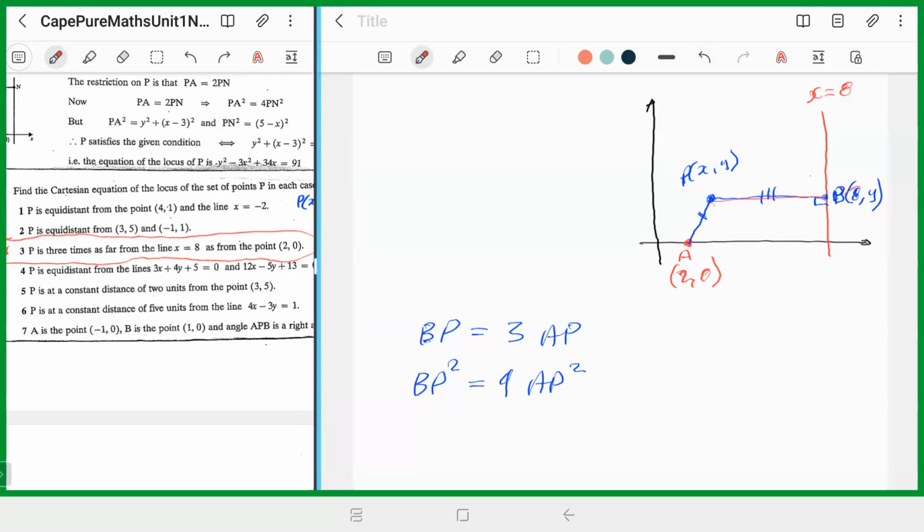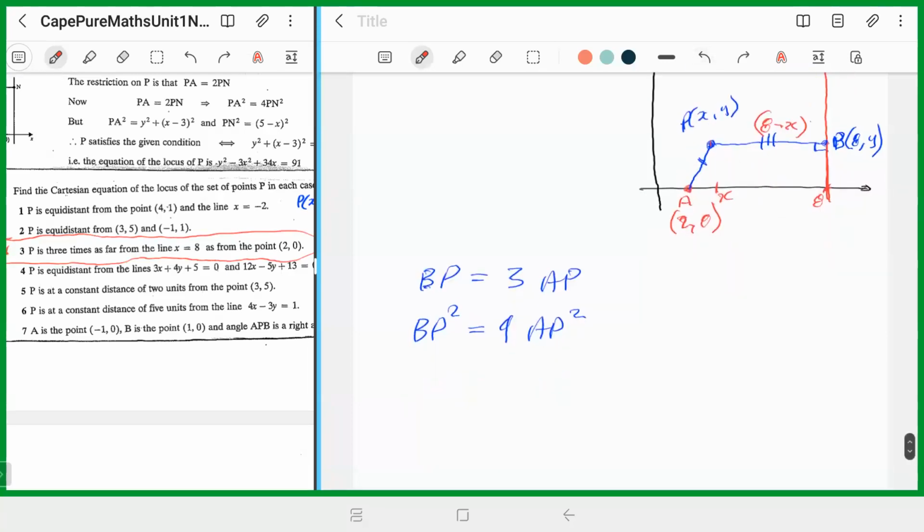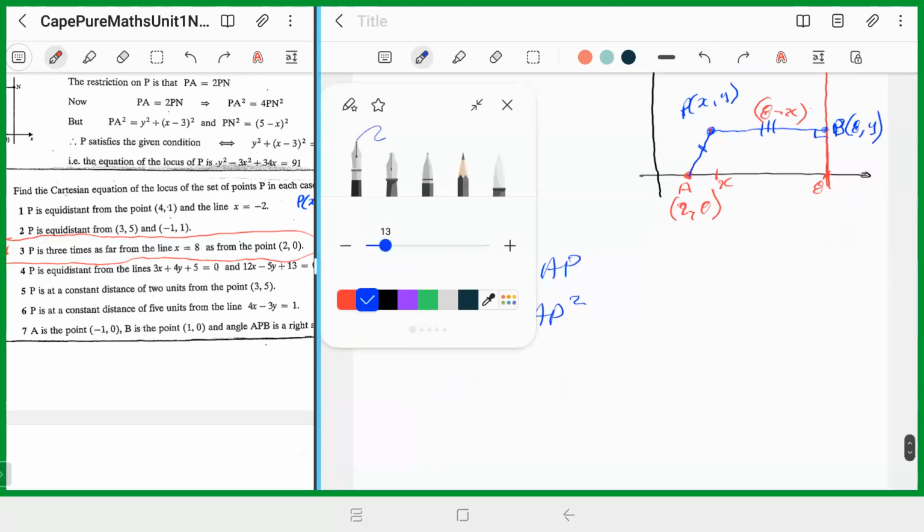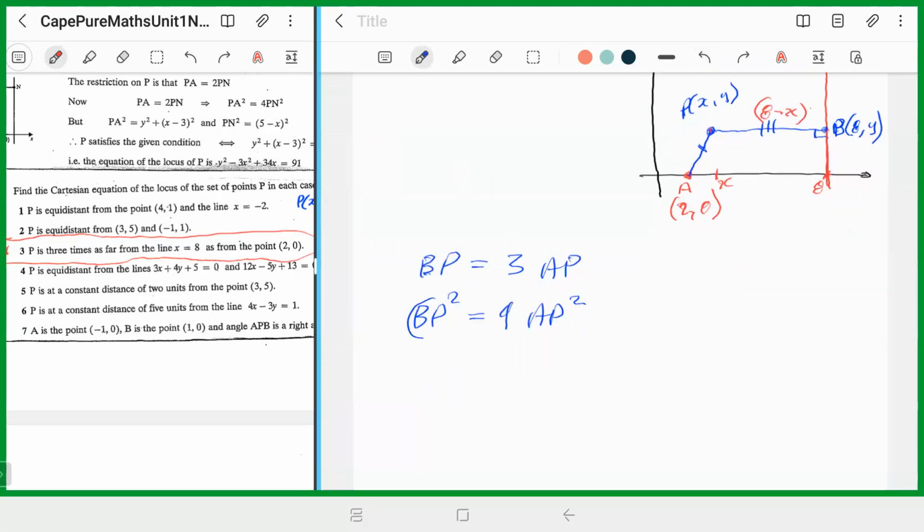The horizontal length is 8 minus x, because the x coordinate right here is 8, and right here it is x. So this length is 8 minus x. Easy. So I'm going to write 8 minus x as that length. And then for this length, we're going to use the normal distance formula. So BP is 8 minus x. I'm going to square it. I'm going to write (8 minus x) squared